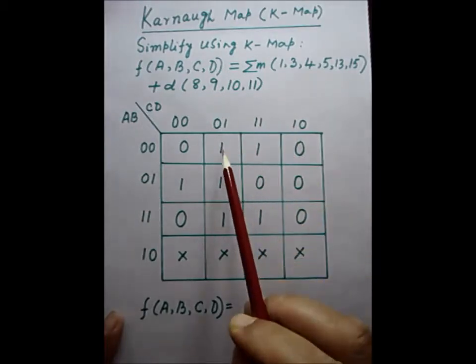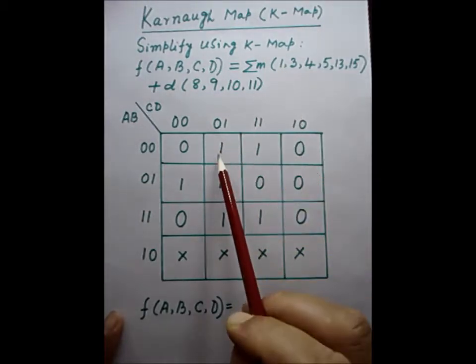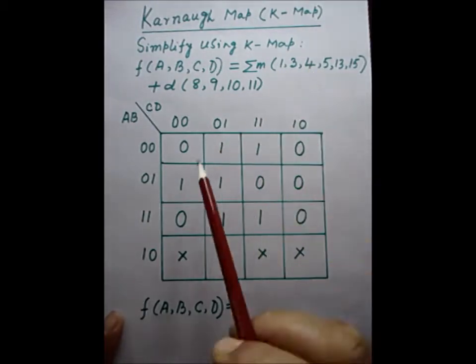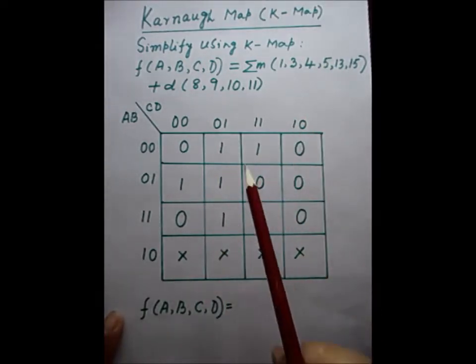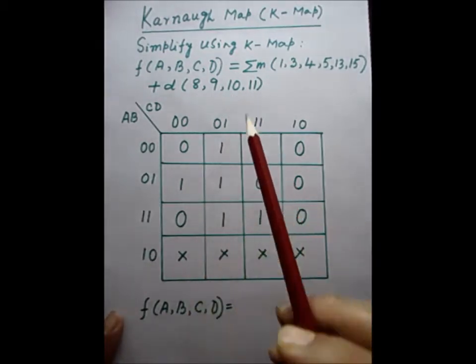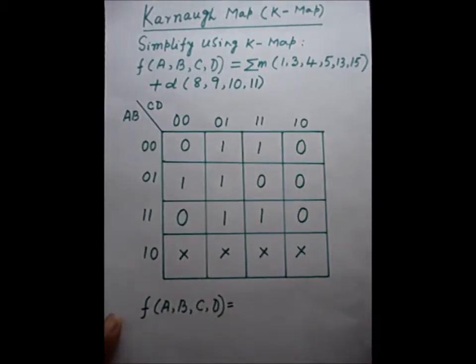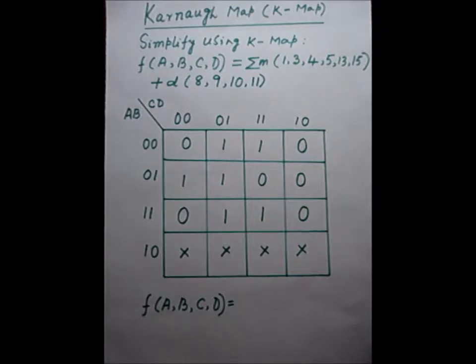As 1 we have plotted M1, M3, M4, M5, M13 and 15. And the don't care 8, 9, 10, 11 we have plotted. Now we come to the groupings. You can see here that I already said that grouping can be done with a pair, quad,